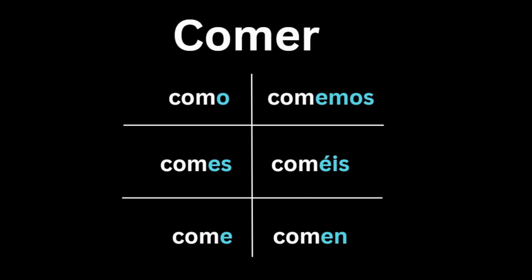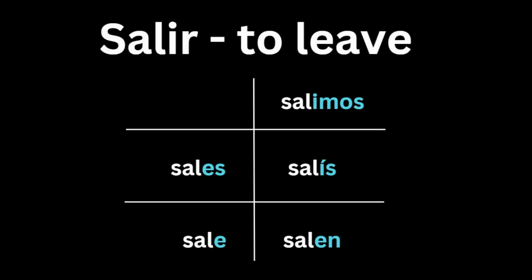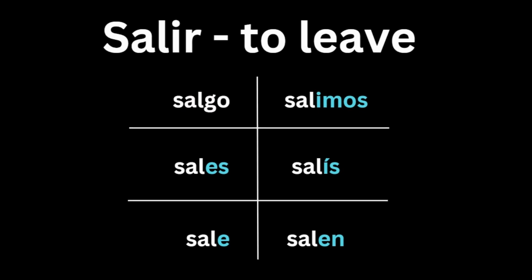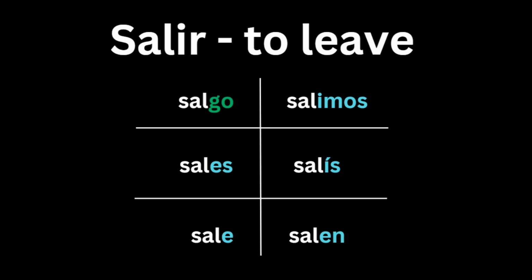And while these verbs follow the normal syntax of every other pronoun, they do not follow the pattern for the yo pronoun because Spanish says that these conjugations don't sound good enough when the word is said. There are useful verbs like salir, which means to leave, and while the verb follows the normal syntax of verbs ending in ir, it doesn't do so with the yo pronoun. You would want to say yo salo, but Spanish says that this word sounds bad, so instead, you would say yo salgo, ending the pronoun with go, which is actually a common ending for irregular verbs in the yo pronoun,